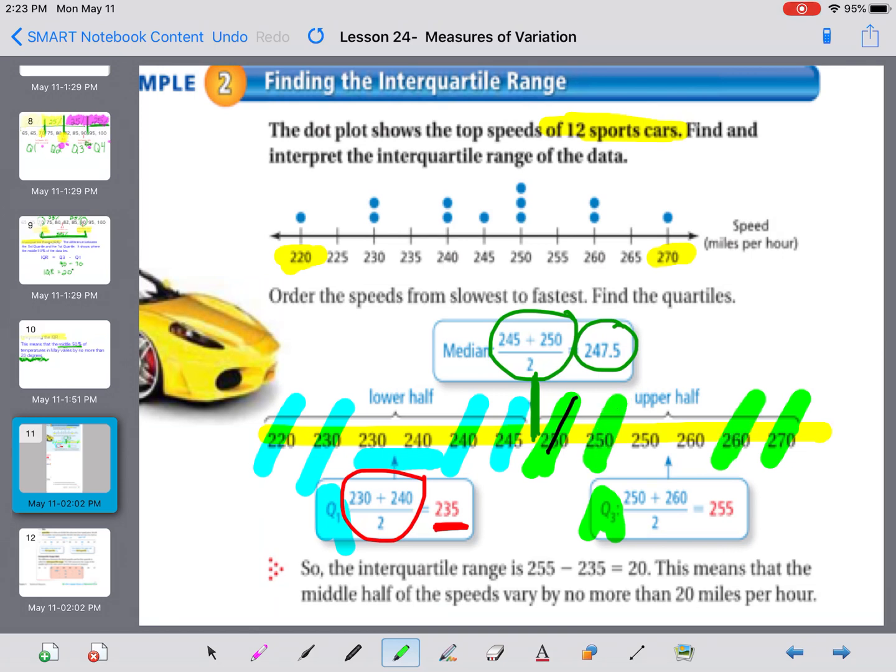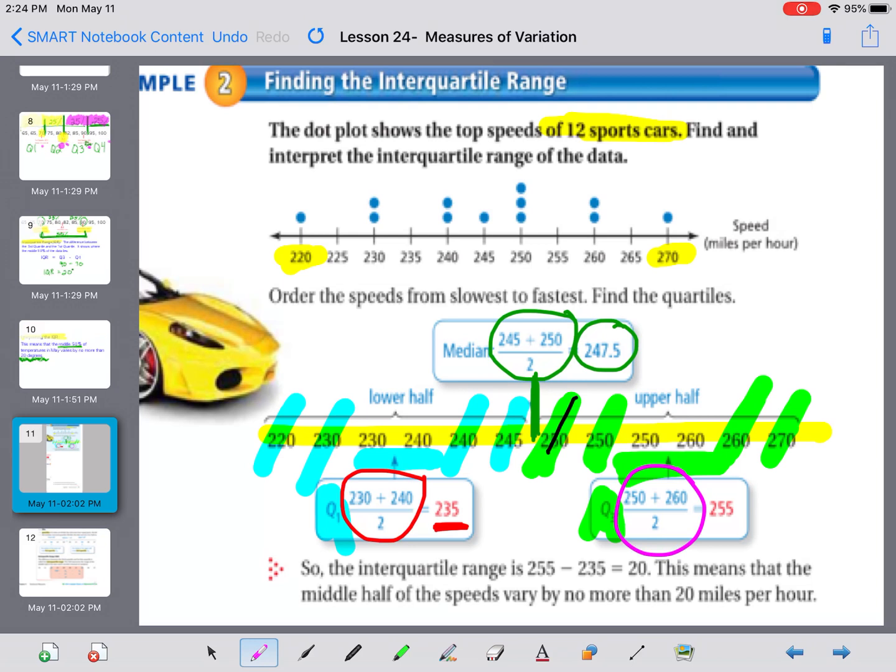Crossed off 250 and 260. That left you right in the middle here. Now you might be going, Mrs. Huang, I know that 255 is in the middle of 250 and 260. If you did, fantastic. If you didn't, you would do that same